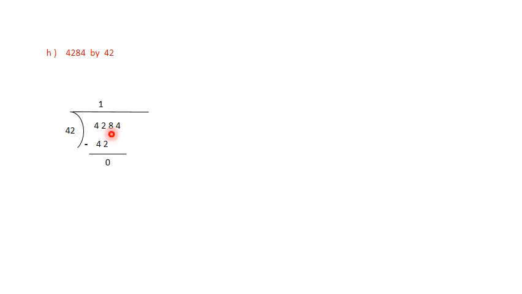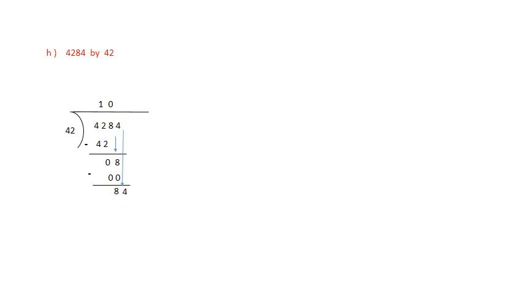Now what we'll do? We'll bring this 8 down. Now look here. Here is only 1 8, and here is a 2-digit number. So 42 table 8 is not coming. So in such a case, we'll take zeros here. Okay. 8 minus 0 becomes 8. Now what we'll do? We'll bring 4 down. Okay, we have got here 84.